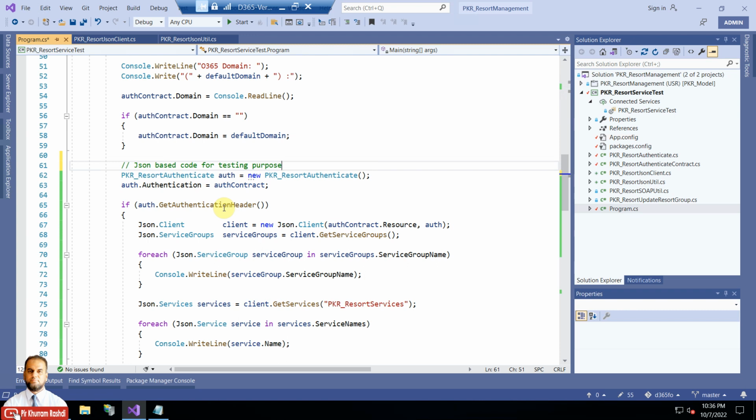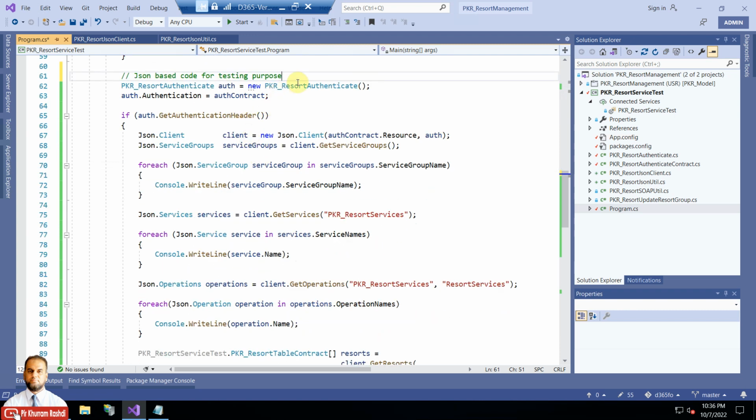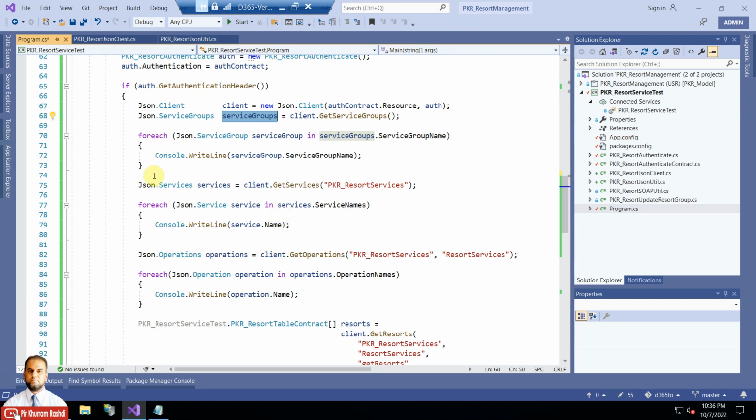Okay, so from here, the authentication instance, which we have written already as a class, we have instantiated, and then the authentication header is passed here. If the authentication header is received, then we will just instantiate the client instance, and then get service group is returned to the service group, and then a for each loop is used here to iterate each of the service groups and then each of the services here by passing the service group name. So it will return us the services whatever are available, and the get services we have just written here in our